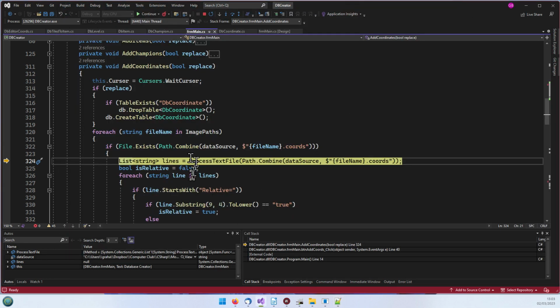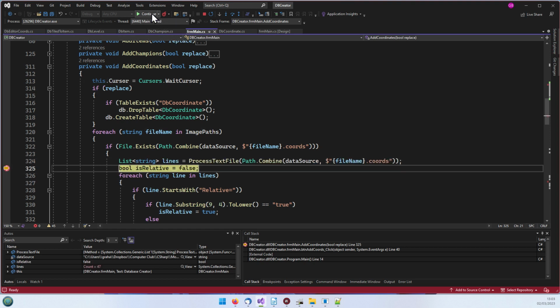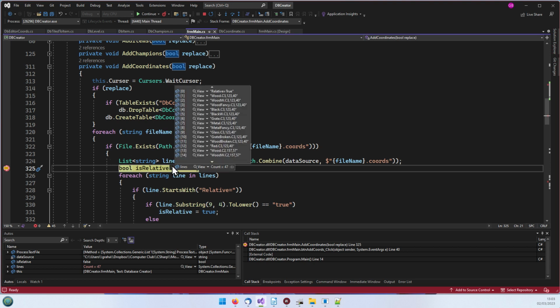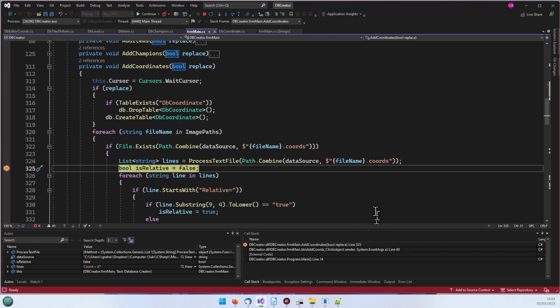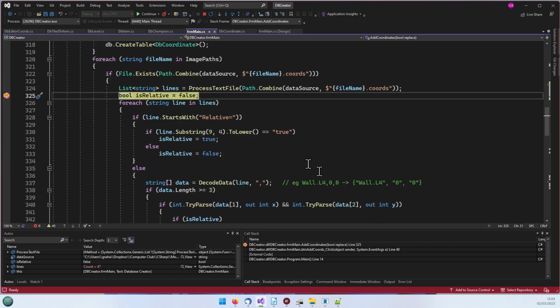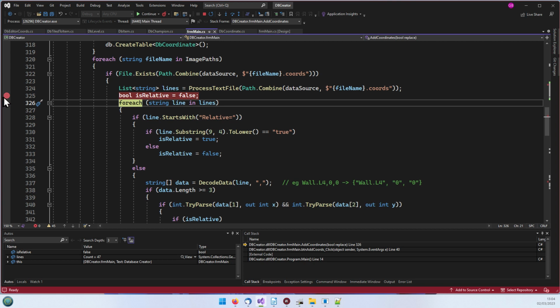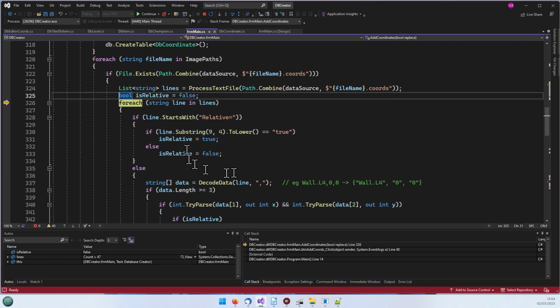So we're going to look through. We're going to process the text file, which I've showed you before, so we'll skip past that. So we've now got the lines with 47 lines in it, which is the ones I just showed you. And then it's giving an is relative Boolean value here set as false by default, and then we're going to go through each string